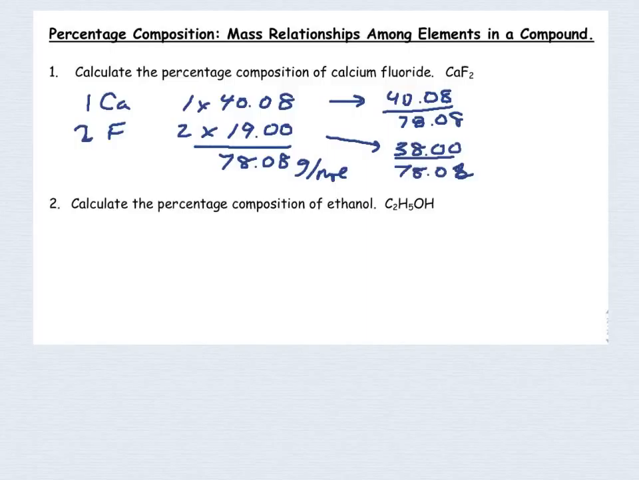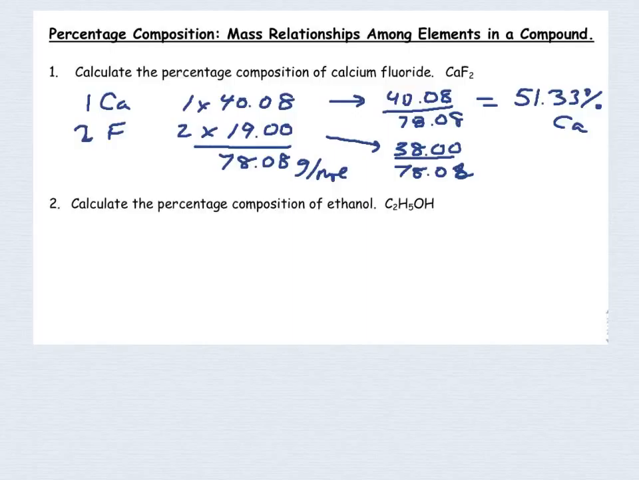So 40.08 divided by 78.08 is going to give you, as a decimal, 0.5133. When you multiply it by 100, you're going to get 51.33. Two places is a good rule of thumb. That's the percent calcium in that compound. And the other one is going to be, you take your 38 and you're going to divide that by the